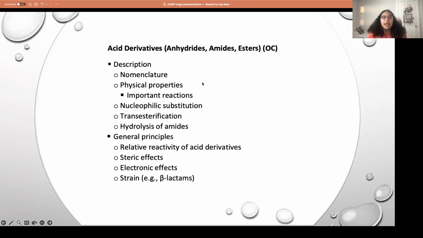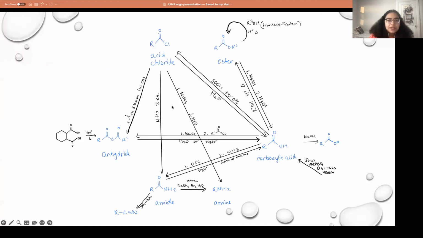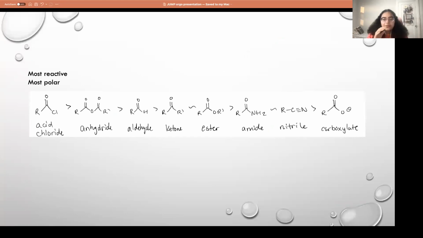Then they have the acid derivatives. From a carboxylic acid, you can get to a lot of different derivatives. This is where I have my notes from Orgo. These are the different derivatives, and the most reactive and polar is acid chloride. The R group can obviously be anything, then you have your double bonded O and chlorine, although I think any halide will have the same property. Then you have anhydride, as we talked about before: the double bonded O's and then an O in between.